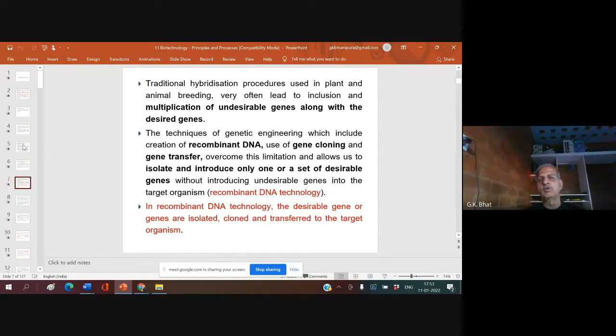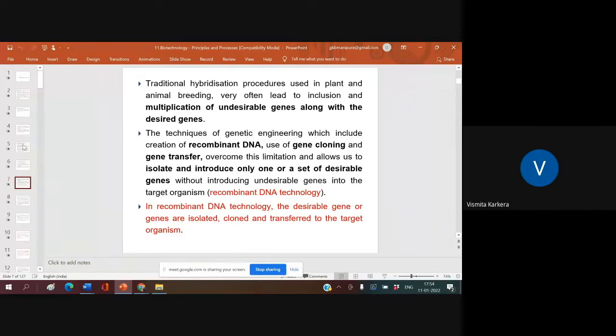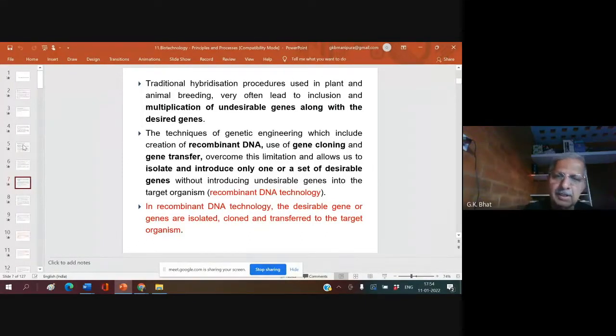Siddesh, it overcomes what? Variation. Pardon? I am asking you, by genetic engineering, which includes recombinant DNA, use of gene cloning, and gene transfer, I said it overcomes this limitation. What limitation? Who will tell me? It overcomes what? Multiplication of undesirable genes. Yeah, multiplication of undesirable genes. What I said, I am just now showing you